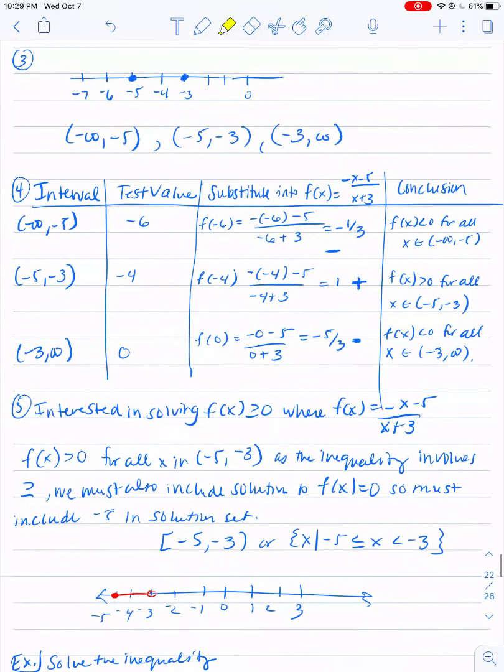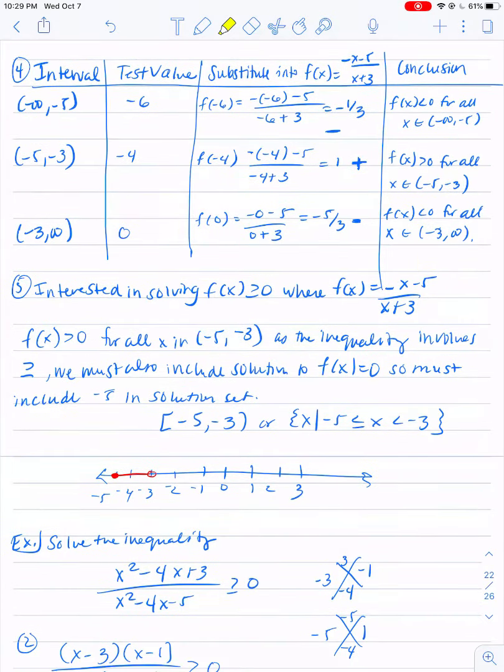I find my intervals with those, so I just do it on the real number line. My intervals are negative infinity to negative 5, negative 5 to negative 3, and negative 3 to infinity. So I set up my table. I have my test values of negative 6, negative 4, and 0. When I substitute them in, I get negative, positive, negative. So for the interval negative infinity to negative 5, f of x is less than 0. For negative 5 to negative 3, f of x is greater than 0. And for negative 3 to infinity, f of x is less than 0 for all x in that